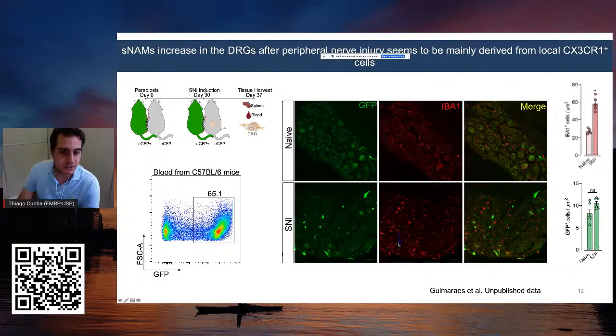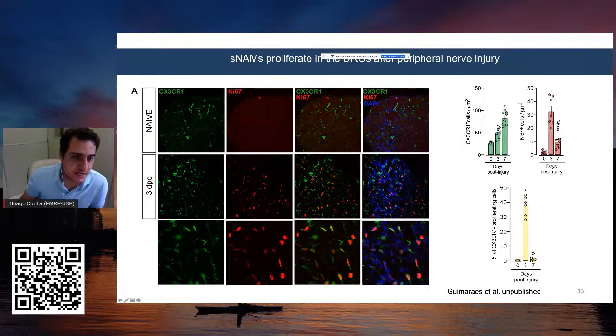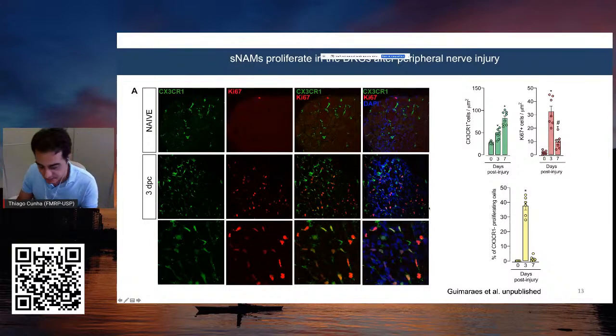To confirm that these resident cells are proliferating in the DRG, we performed immunostaining for Ki67, which is a marker for cell proliferation. And as you can see here in this immunostaining, we can observe a very significant increase in the Ki67 staining in CX3CR1 positive cells, suggesting that these macrophages are really proliferating in the DRG